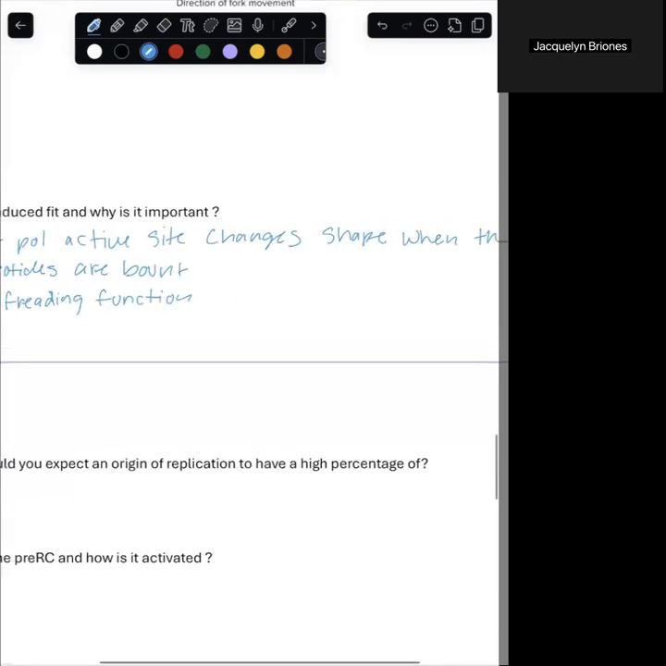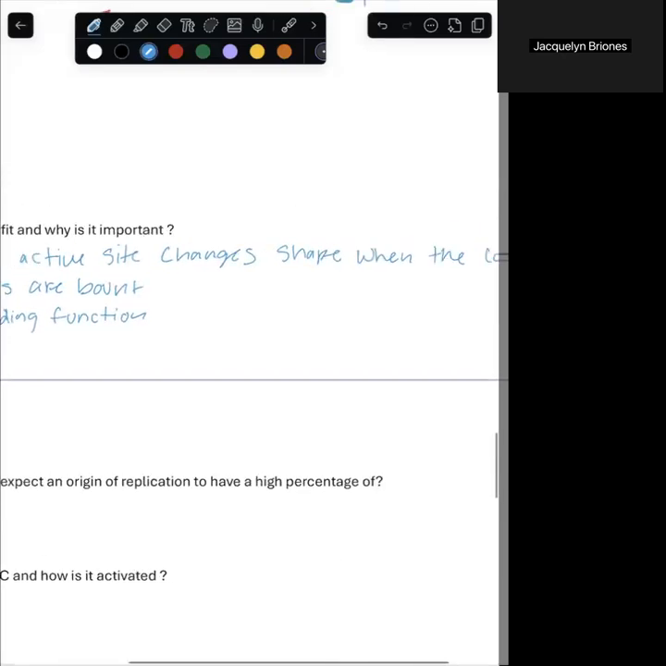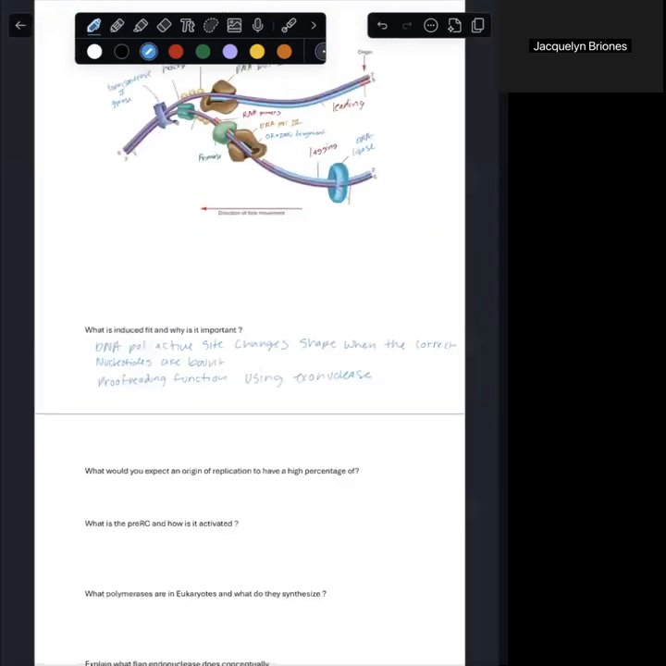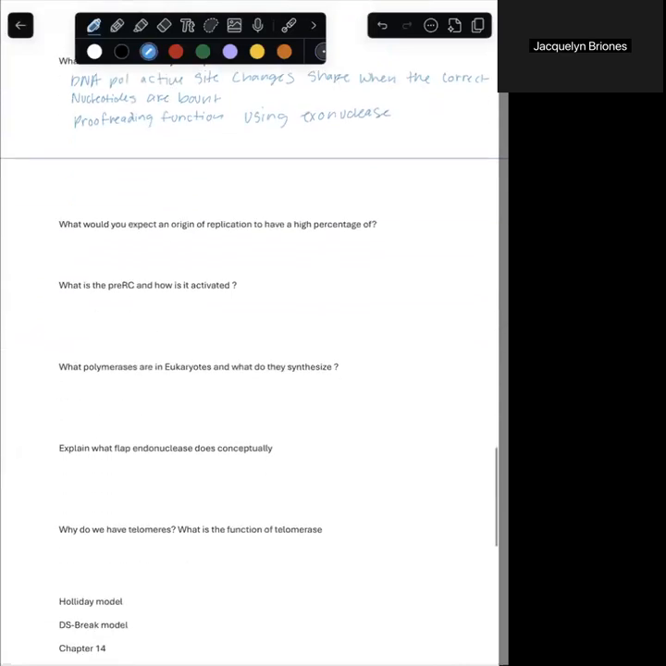So if a pair is mismatched, it's removed using our exonuclease. Okay, now, what would you expect an origin of replication to have